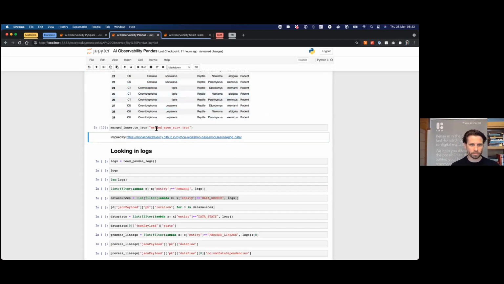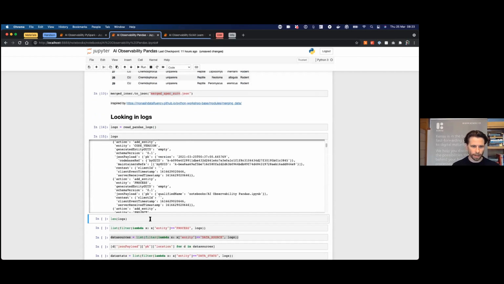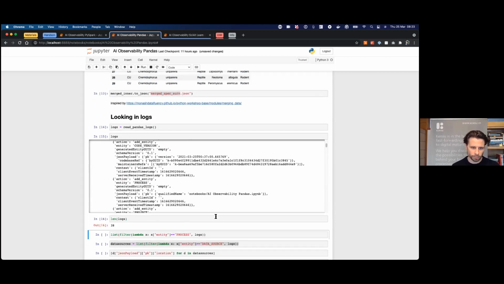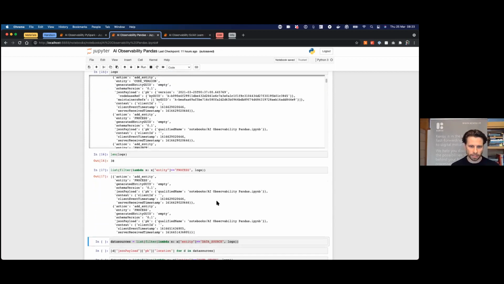So I've written in this file. The thing is now, in the logs, everything can be produced automatically. So if I show the logs, there will be many logs created by the library that you can create and use here. But if I show, let's say, the process, again, I will know exactly which process this notebook is.